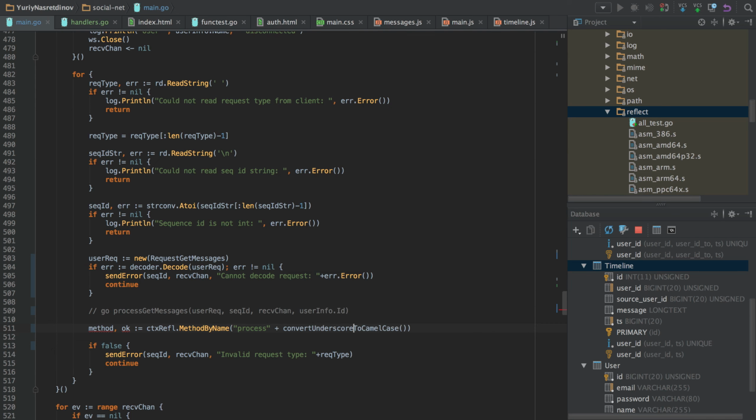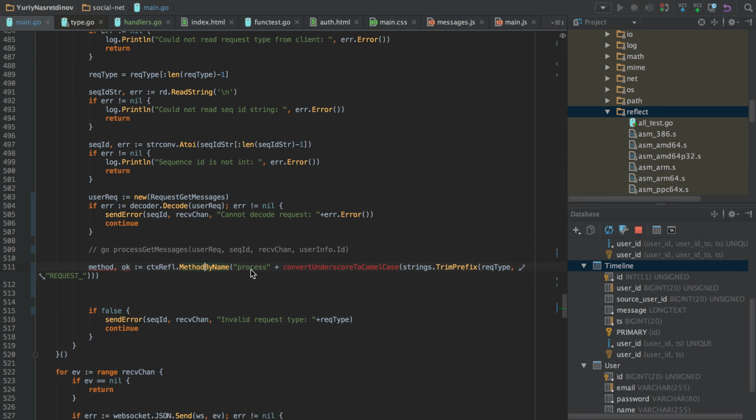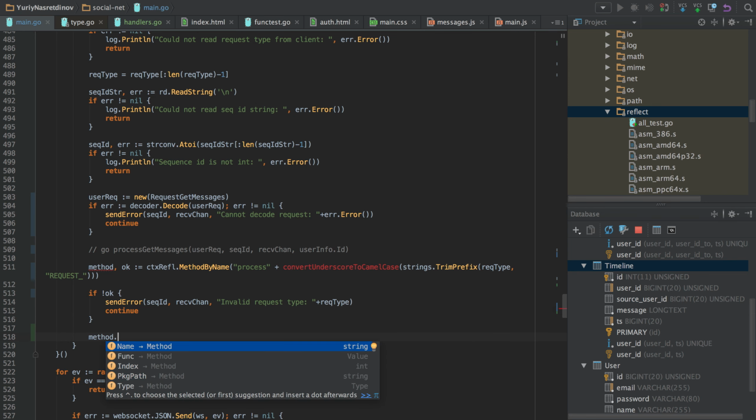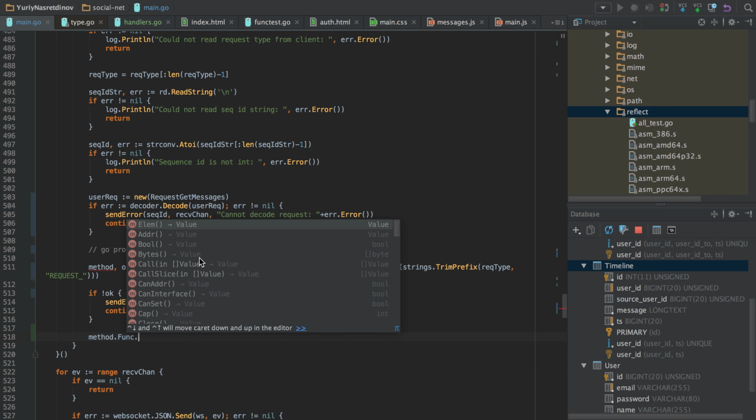We also need to convert the message to method name, and I named this function convert underscore to camel case, and of course we don't need the request prefix as well.